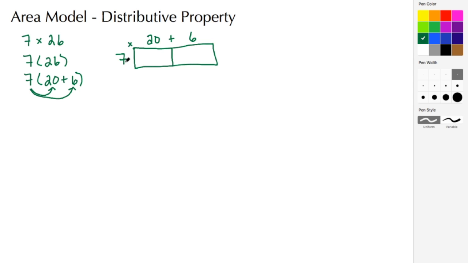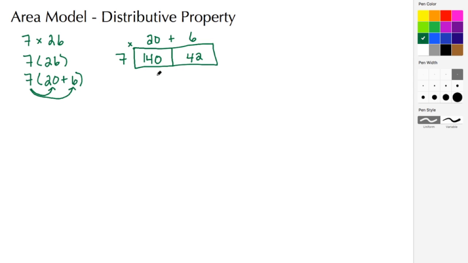So we begin by multiplying or sharing or distributing the 7 times 20. Well, let's just start with 7 times 2 to get 14. And we know with the 0 in multiplication, we're going to tack on a 0 at the end and then multiply 7 or share the 7 with the 6 or distribute the 7 with the 6 to get 42. Now we have two partial products, 140 and 42.